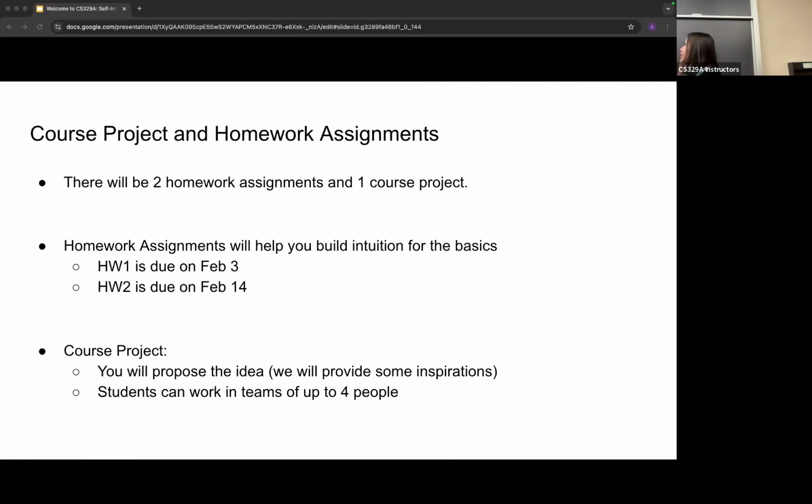The second half of the course is very focused on the project aspect, and there will be a bunch of guest lectures. Once the second homework is done, we expect you to completely focus on projects and present. There will be midterm presentations, but also the final presentation, which has the most credit. You will propose the idea. We will provide inspiration